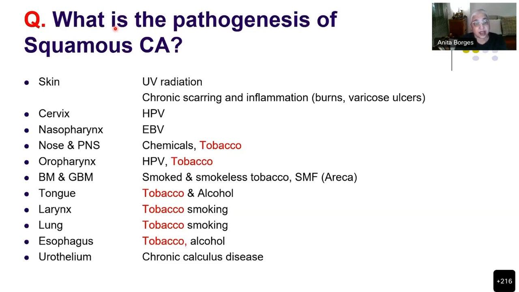Then in tongue, larynx, lung, you have tobacco, smoking. There's also alcohol, which is involved in the esophagus and the tongue. And in the urothelium, there is chronic calculus disease, which can cause squamous carcinoma. And if you are a chronic smoker, then the urothelium is also susceptible to